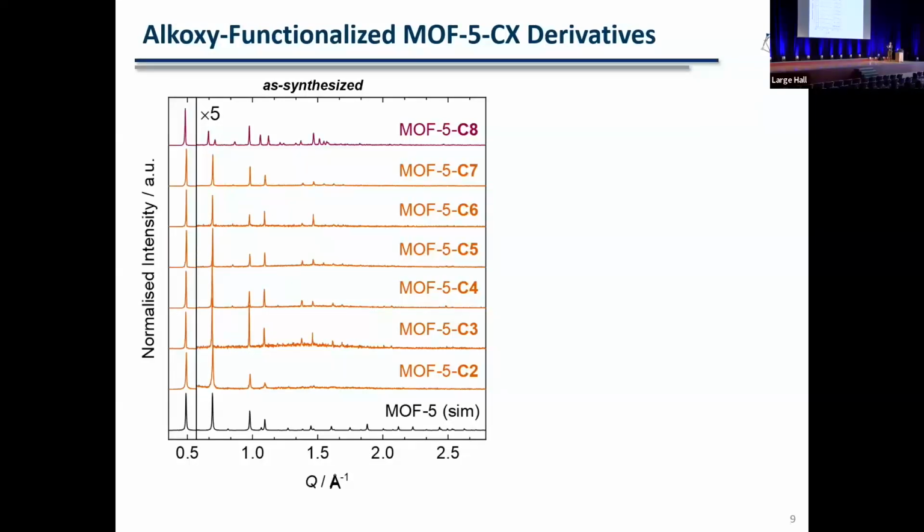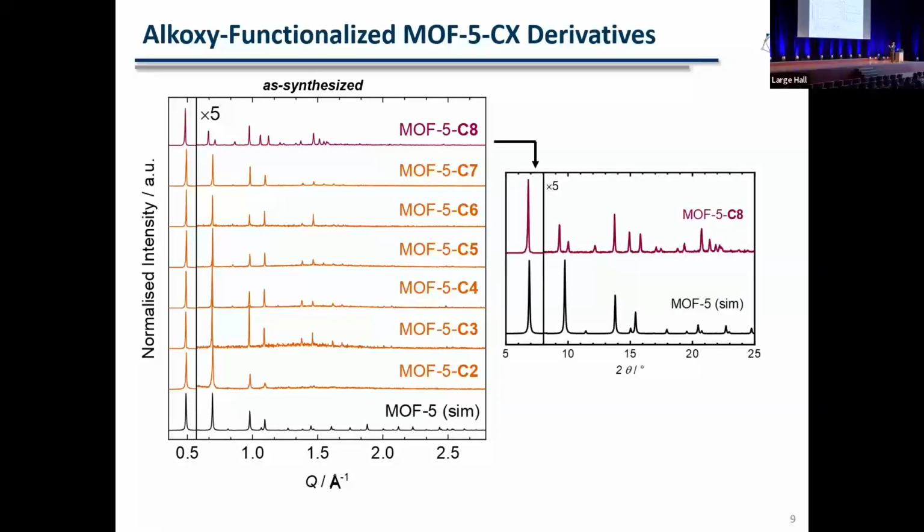You get the powder diffraction patterns here. You see a comparison between the diffraction patterns of the different materials with MOF-5, and you see they are cubic, except for one, this one up here, that is quite different. It has a different color, but it also has a different pattern. So when you look into the details here, you see that there is peak splitting going on. And an expert in diffraction, in rhombohedral transitions, will directly see that this is a rhombohedral distortion. So this is a MOF-5 derivative, which has distorted